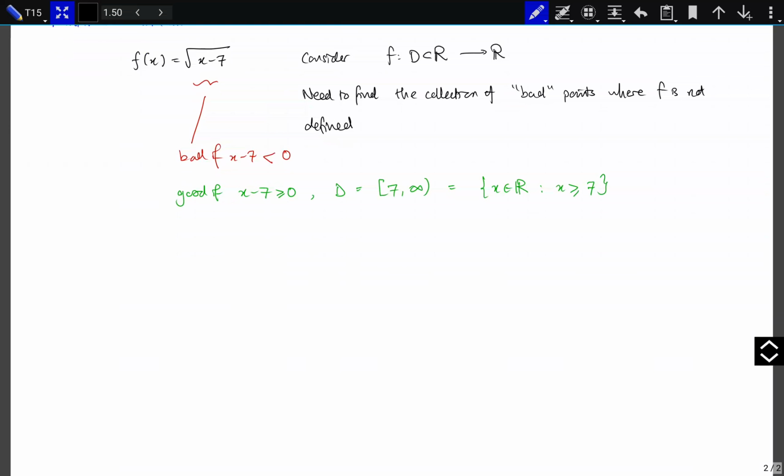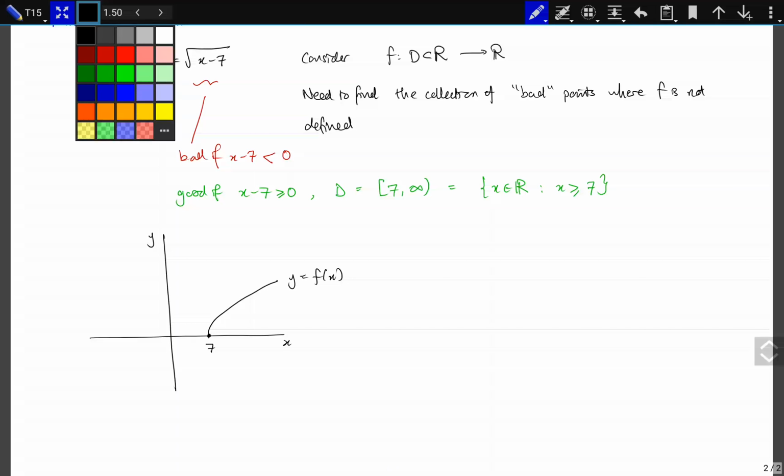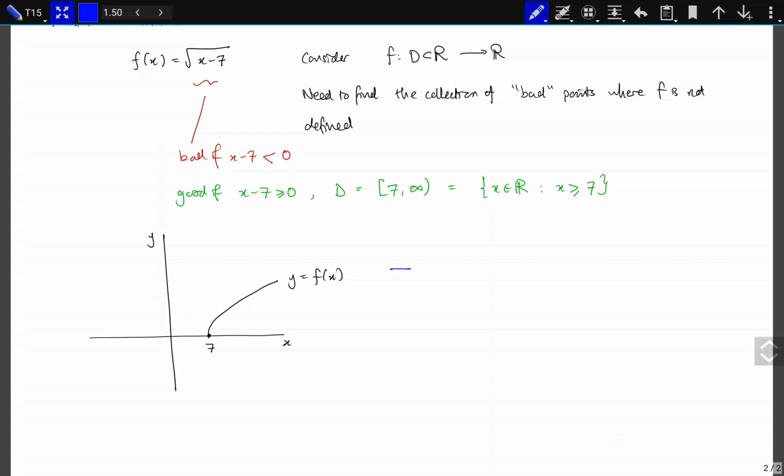Pictorially, you might see this as, you can draw this, and it makes sense to draw this provided, so here y is equal to f of x, provided that x is greater or equal to 7. So this is known as the graph of a function. So the graph of a function is the collection of points. It's pairs